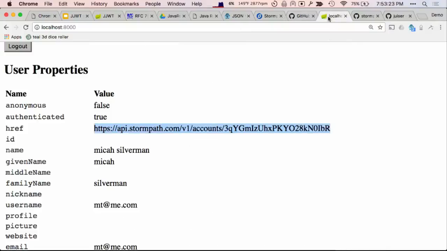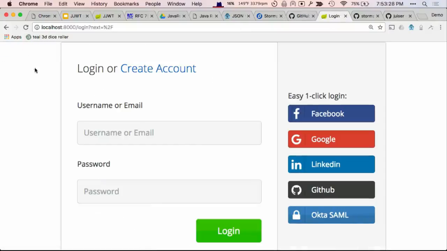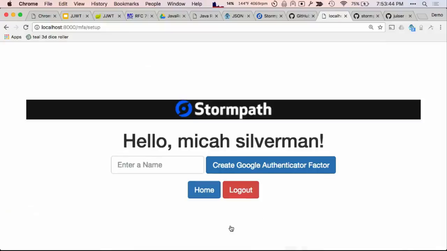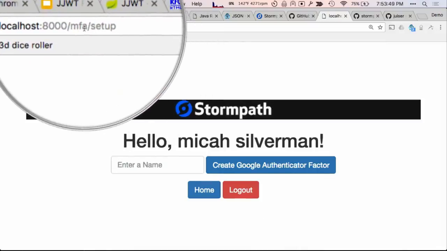Okay, so now let's log out, and we'll start from the top. Same thing as before: everything is locked down by default. As soon as I hit the front door, I immediately get redirected to the login. Now this is a little bit different. Notice the URL up at the top, /MFA setup. We know, because we just looked at the configuration, that Zuul is returning this page to us.